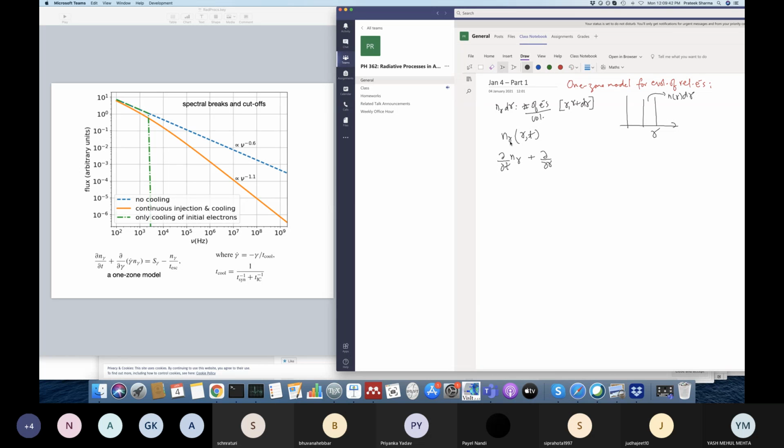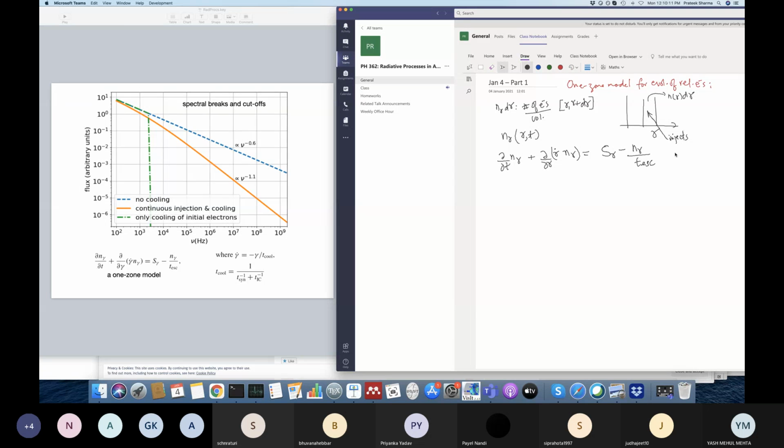Now this is just a function of two variables. So this is γ-dot n_γ is equal to the source of injection of electrons in this γ. So this is some sort of a source, say some shock acceleration or something, that injects electrons in this γ range, and then there is minus n_γ by t_escape, and there is some sort of an escape mechanism, for example,